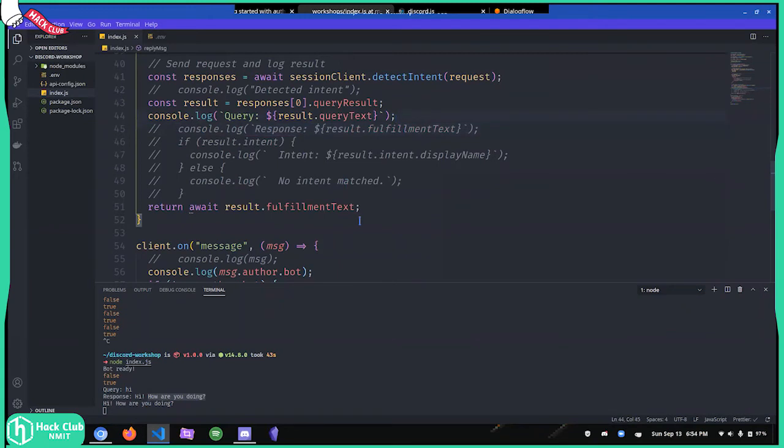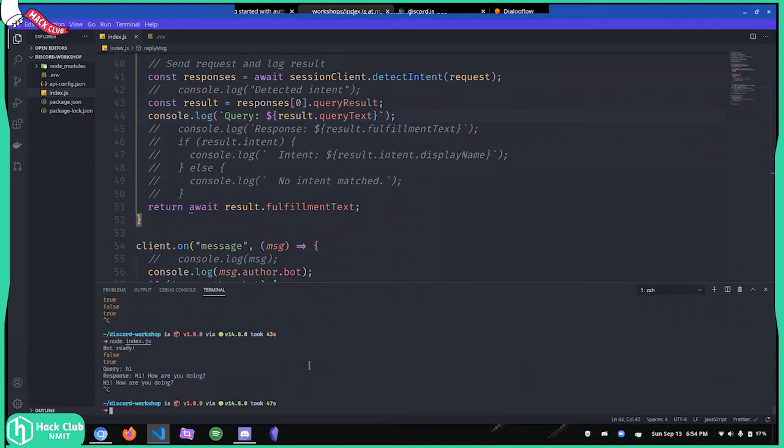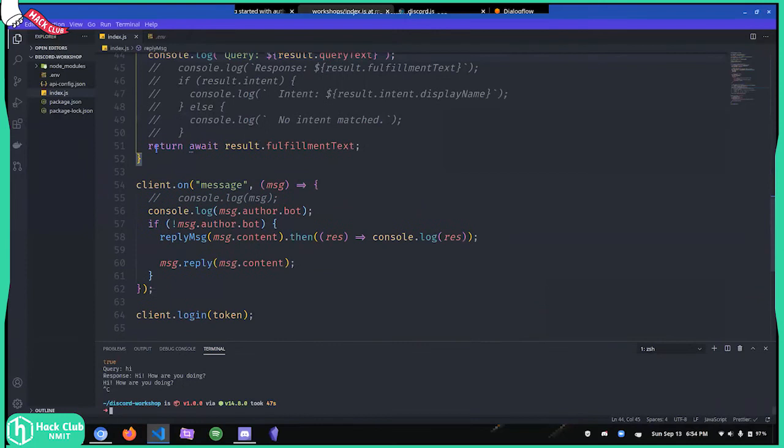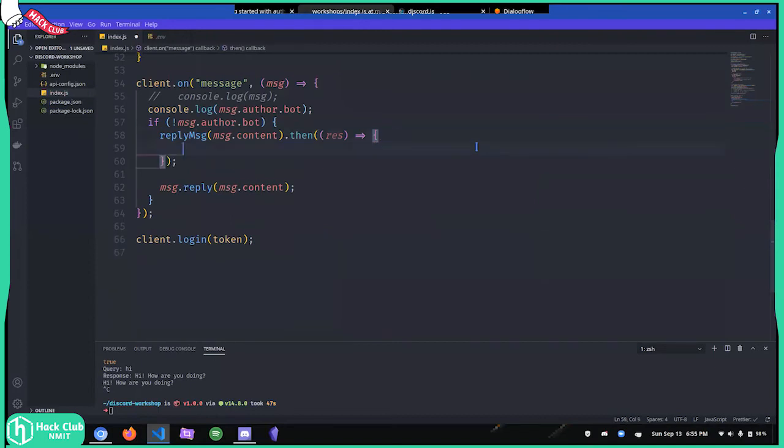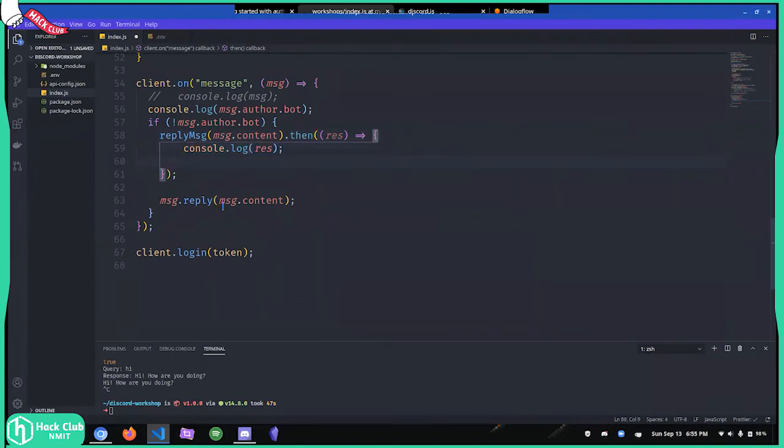Yeah, it goes to show that our bot is actually working. All our API keys and everything we have done is working. We are actually authenticating ourselves to the Dialogflow client. Now, because it's returning and we are console.logging the result, we need to message.reply the result itself. If you want, you can keep the console.log statement, or you can remove it. I'm going to make a function right there, keep the console.log result, and then in the next line I'm going to place this over here.